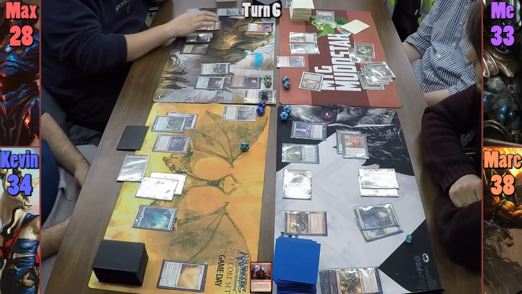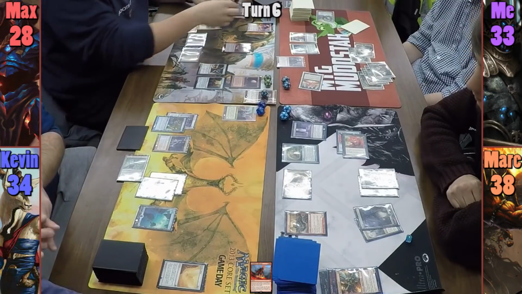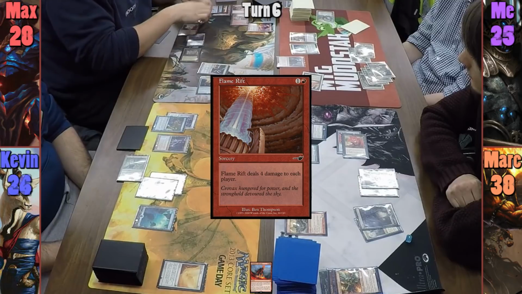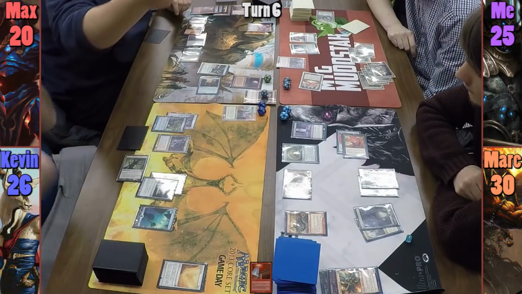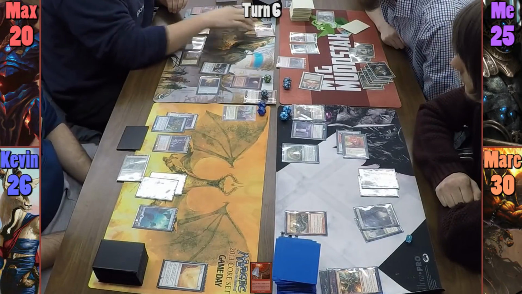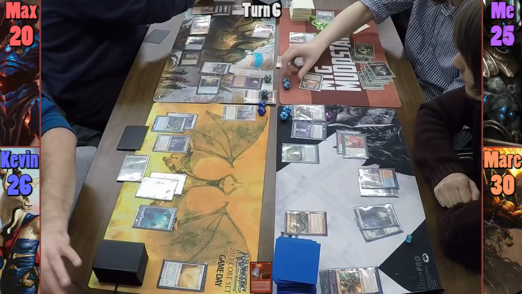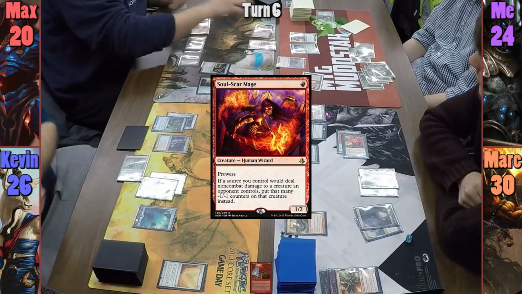Max plays a Mountain for his turn and casts Commune with Lava where X is 2. He exiles Soulscar Mage and Flame Rift, and taps his goggles to help cast the Flame Rift to deal 8 damage to everyone. Max then uses the Satyr Fire Dancer triggers to deal 8 damage to Rakdos. Moving to combat, Max swings the Satyr Fire Dancer at me, and both Max and Kevin get a gold token. I then take 1 damage, and in Max's second main phase, he uses the gold token and casts the Soulscar